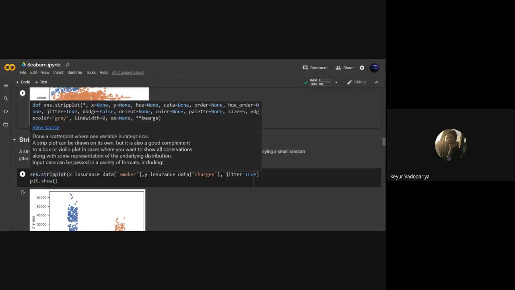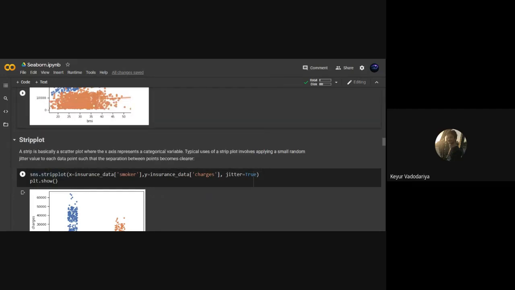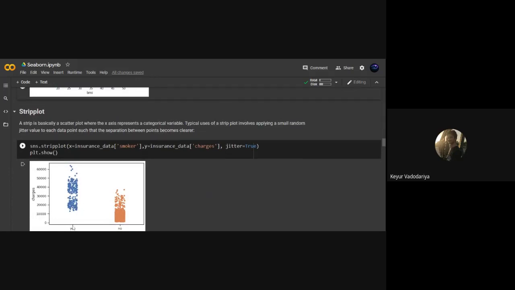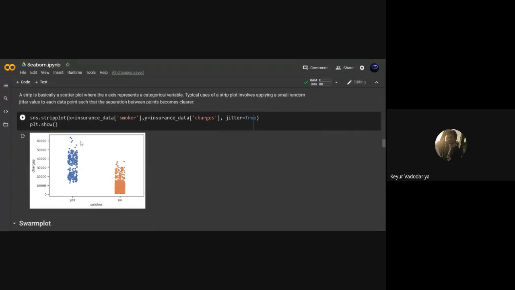So plotting the strip plot, we have sns.stripplot, where we specify X as a categorical column, that is the smoker column, Y as a numerical column, that is charges column, and jitter is used to add some randomization in the data so that all the data doesn't get plotted on a single line. Okay, so you have basically a strip plot, more like a scatter plot for a categorical value, and you can clearly tell from that smokers are charged more than the non-smokers.